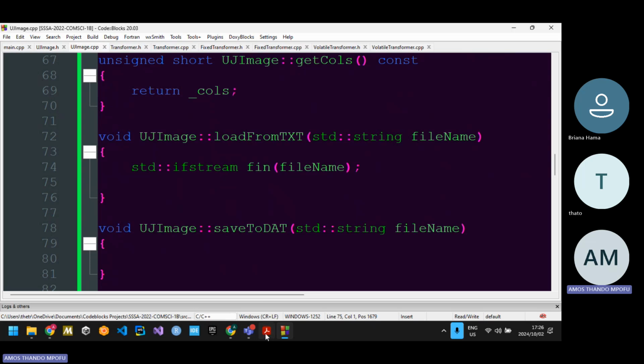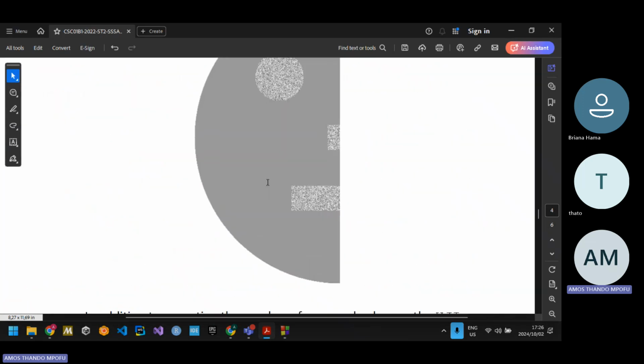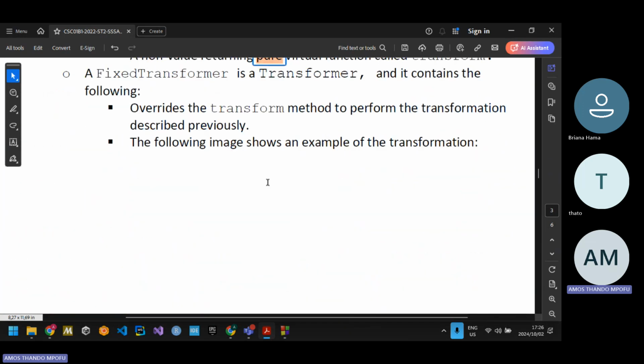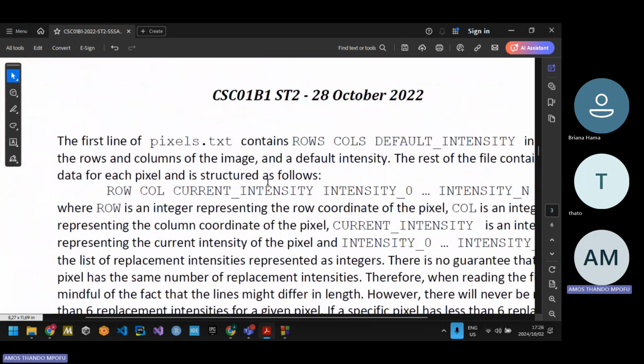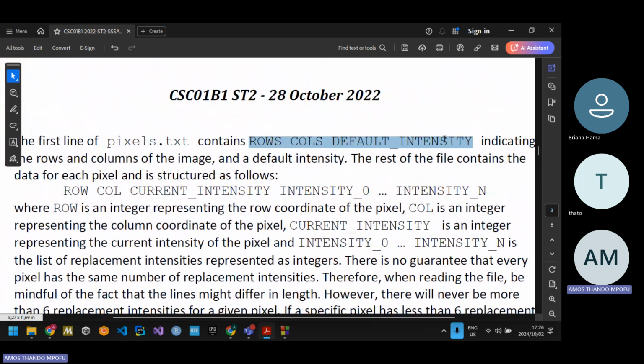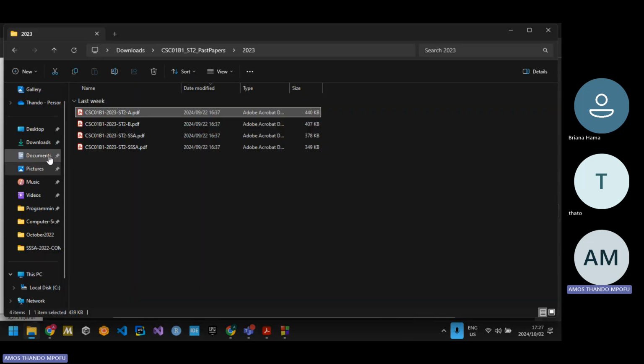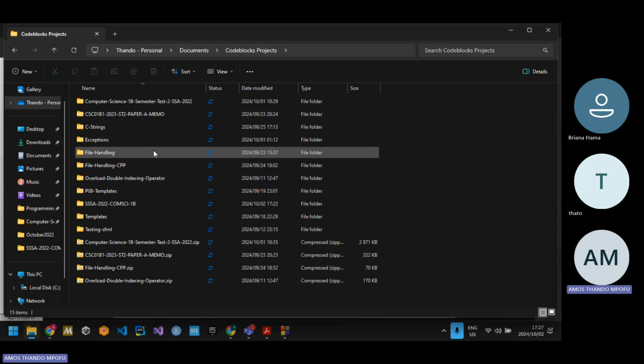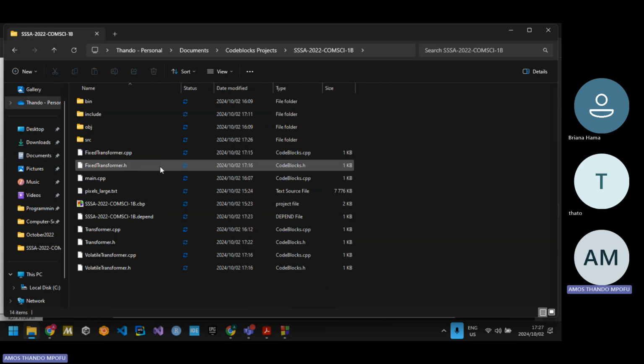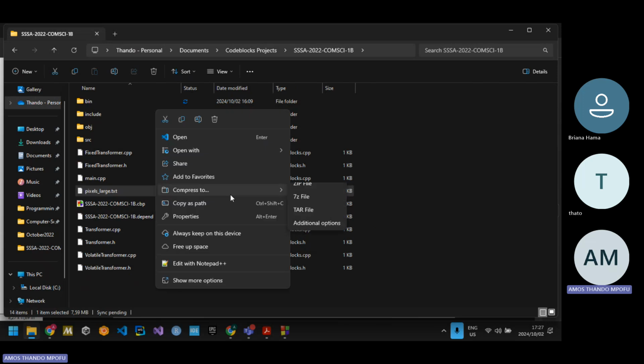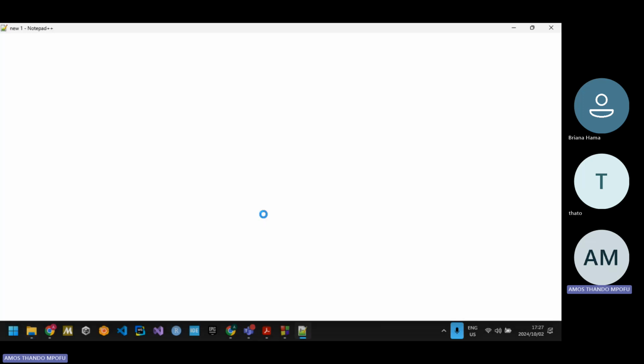And then remember the first thing that we need to get from the file. This is important, you need to understand. What are we getting from the file? They said the first line contains the rows, columns, and default intensity. You don't even need to check the file they gave you. Look at the PDF, it should explain what's going on. But if you wanted to, you could open Pixels Large in Notepad++ and check for yourself. You could confirm, that's up to you. For some weird reason my Notepad is just taking